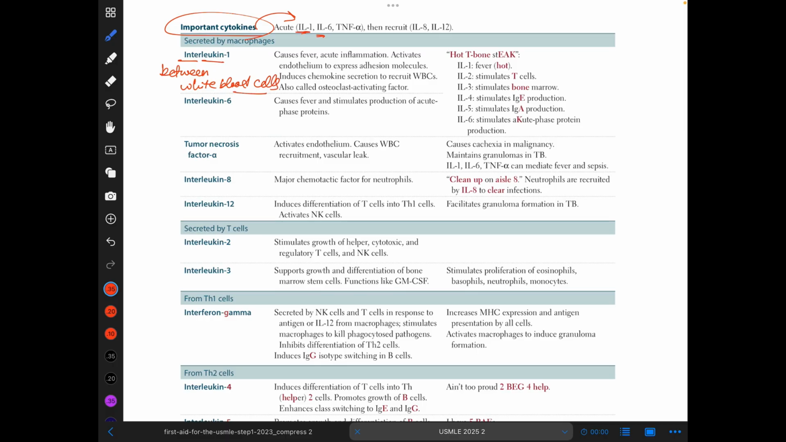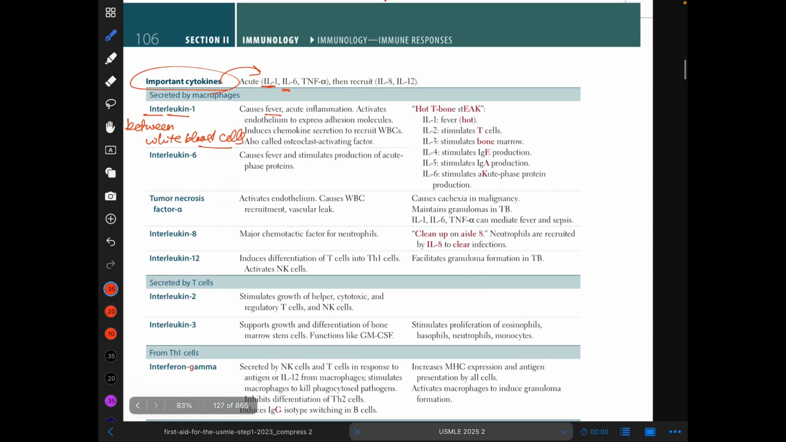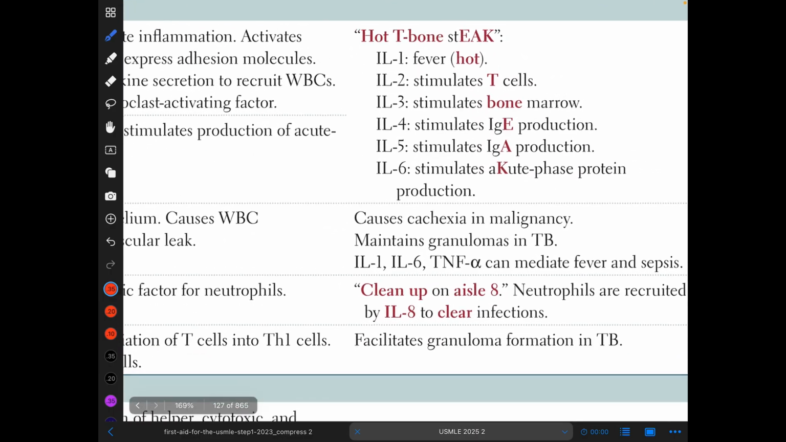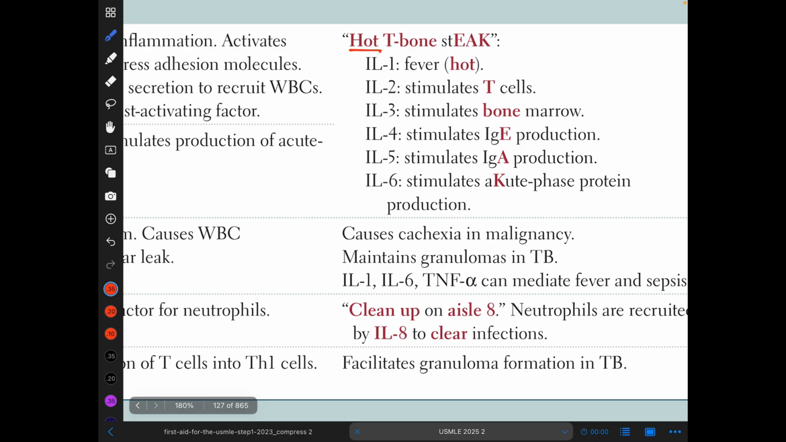Basically, the interleukins are a way of communication, a messenger between the white blood cells, produced from the macrophages. Interleukin 1 is causing the fever. Before going to elaborate, we have a small mnemonic that is hot T-bone streak. Hot T-bone streak. And you have to give the numbers in sequence with the interleukin 1, 2, 3, 4, 5,